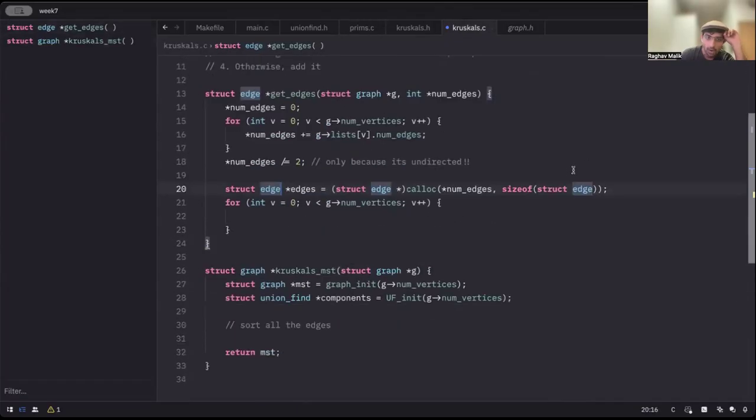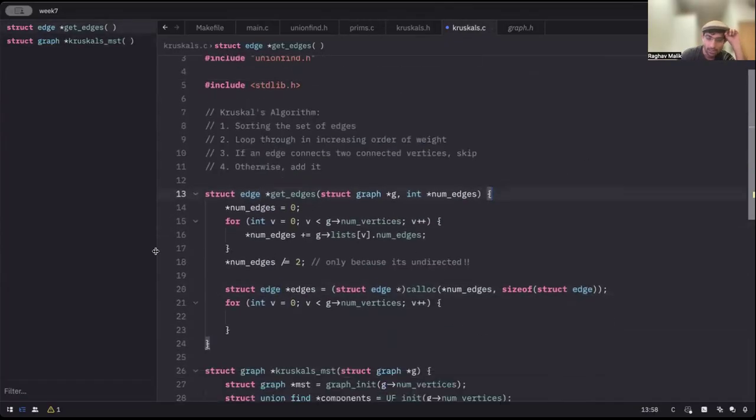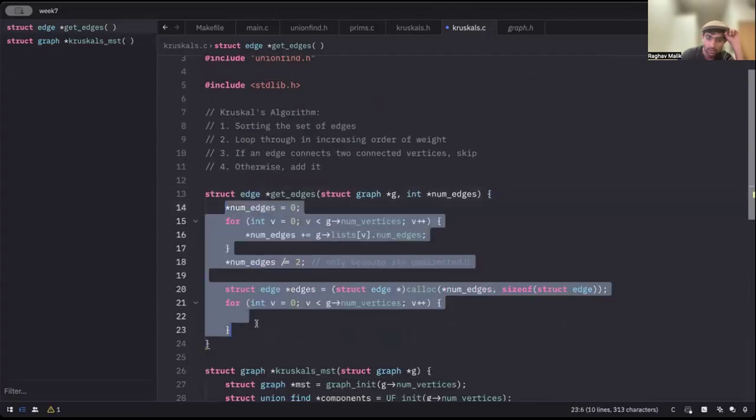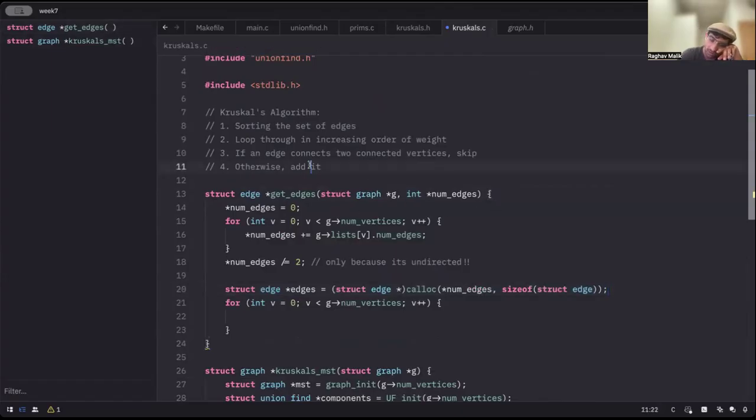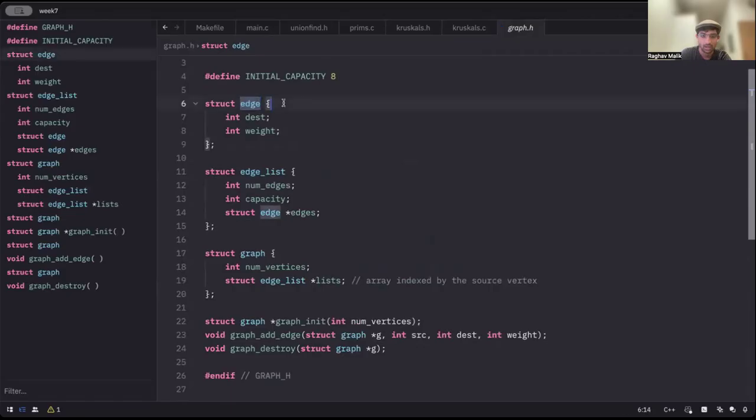So I now have 2 options available to me. Number one, I can keep jumping through hoops to try to make up for that mistake, or I can go back and fix it. I think I'm going to go back and fix it. I think it's worth going back to fix. So let's go here and